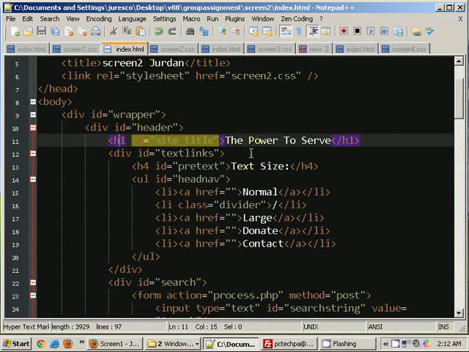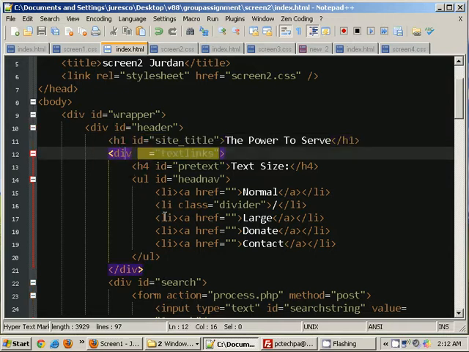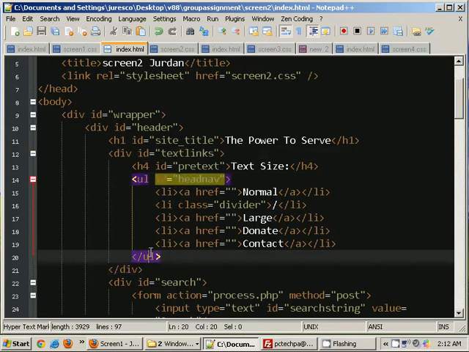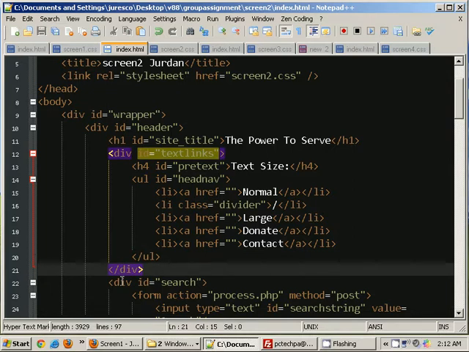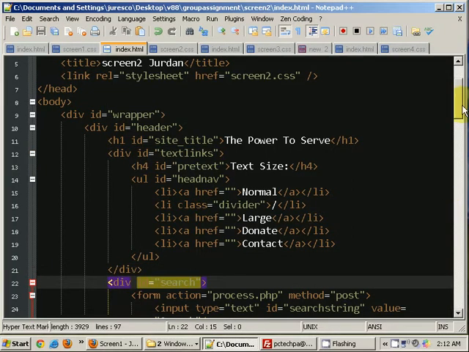Okay, and remove the divs here. And also another div in line with h1, so that I can style the navigation there, the top navigation, and then the search. As you can see, I've cleaned this up a little bit.